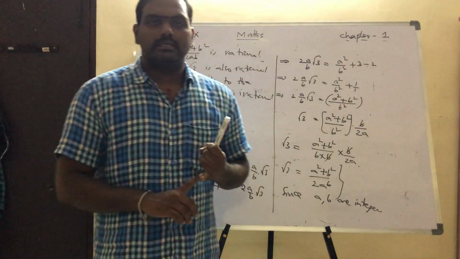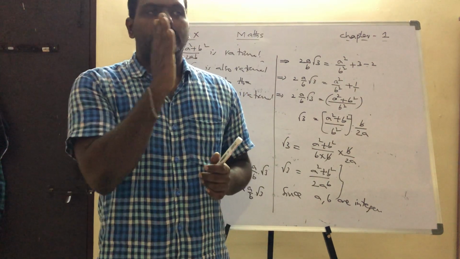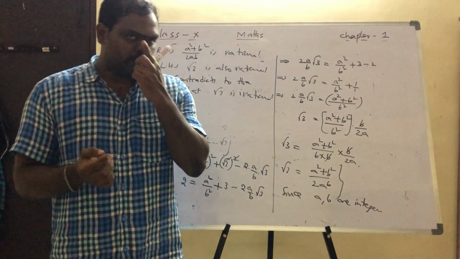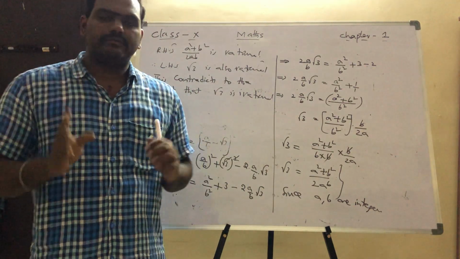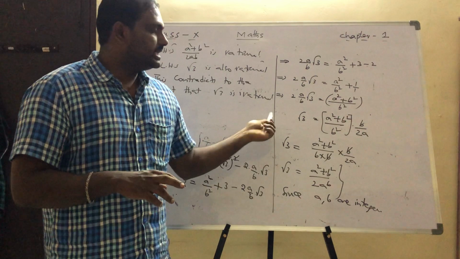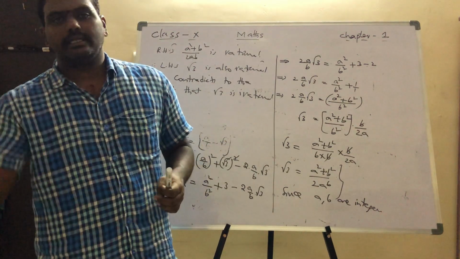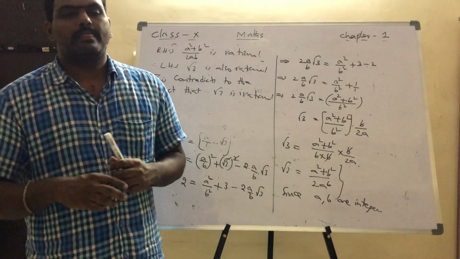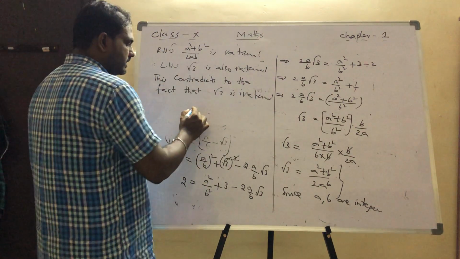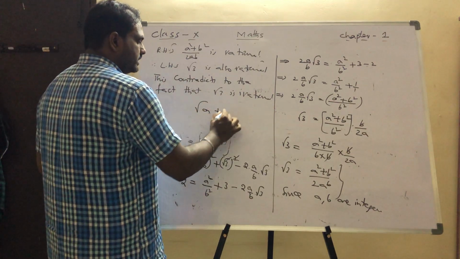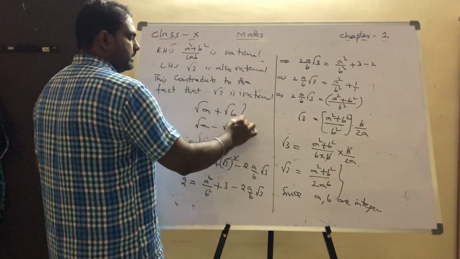The first method is multiplying root 2. Keep the root 2 and send the other factor or number which is multiplying to that side. It is very simple. Next one is addition or subtraction. Keep the root there and send the other number to that side and simplify it. And the third one is root a, root b. The general formula is root a plus root b, or root a minus root b. Both use the same method.